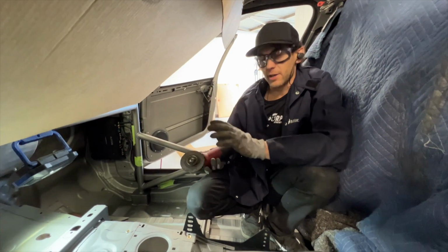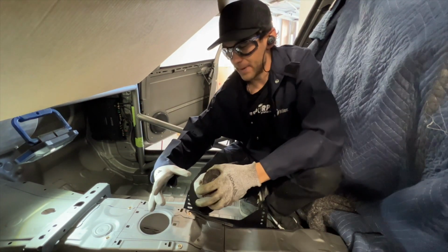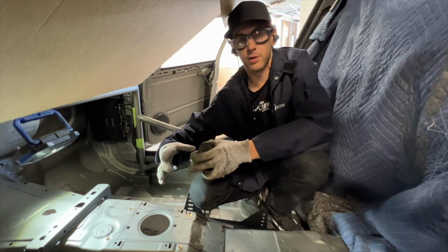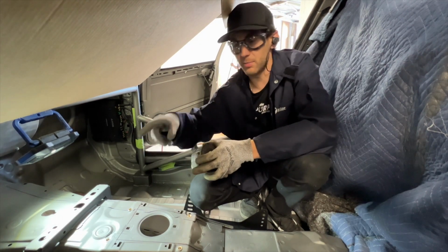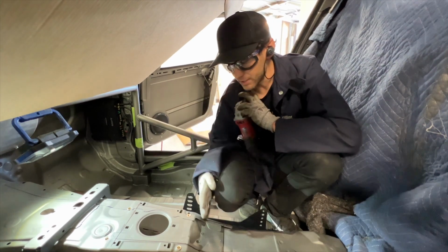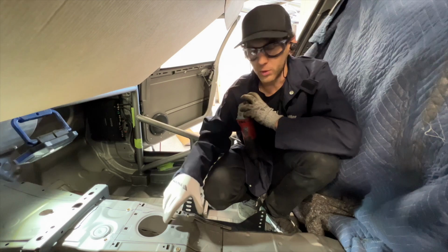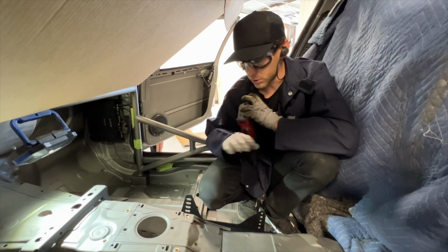So what I got to do to fit this GSR box in this E46 chassis is, first off, the shifter's kind of big, and second off, it needs to have a lot of room. So if we want to pull the transmission, the input shaft has to come out of the clutch. That means the transmission has to go backwards. According to my calculations, the center of the shifter is going to be right here, which is actually pretty far back. So I'm just going to get a hole in this transmission tunnel cut out